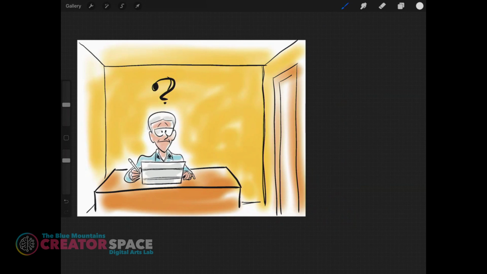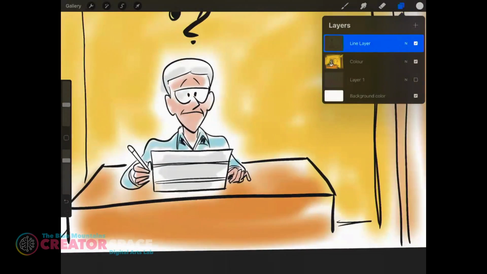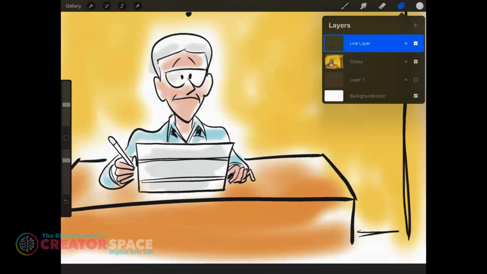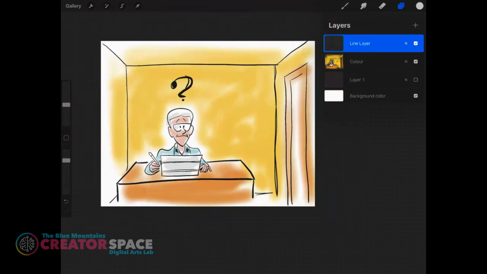Again, you have three layers. You have your line, which is on top, and your color layer, which is just underneath, and it really gives you a nice effect. It gives you what I used to call an ink wash, or a water color wash look to it. And for book illustrations and that sort of thing, this goes a long way. I mean, think of how this would look in a book or something. You can do things like add text